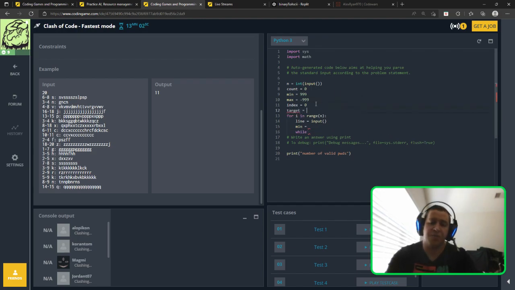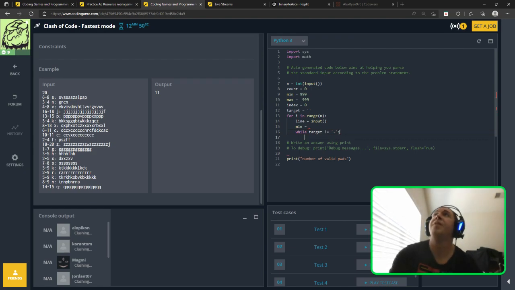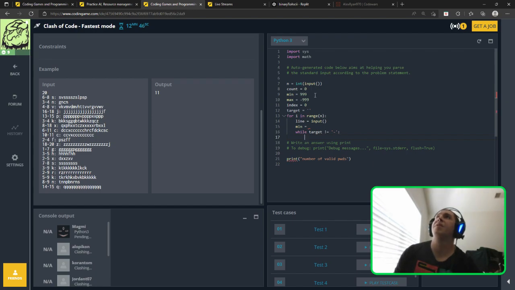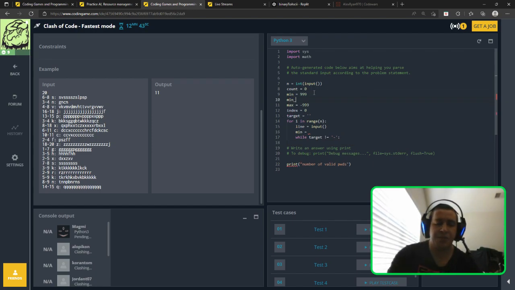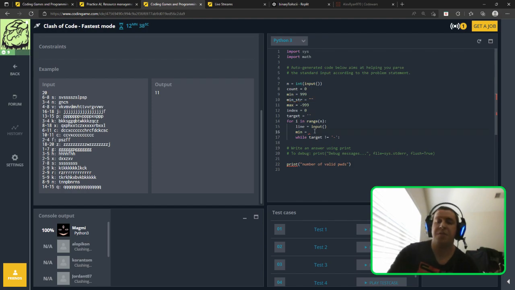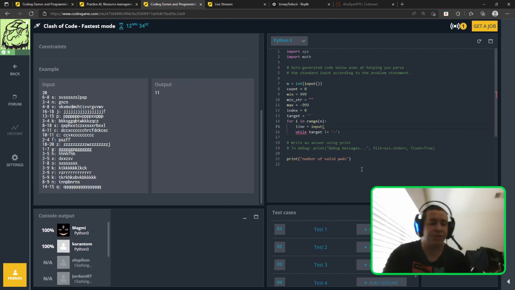Target equals just an empty character, while target does not equal a dash. And then let's do a min string equals that, and then min string